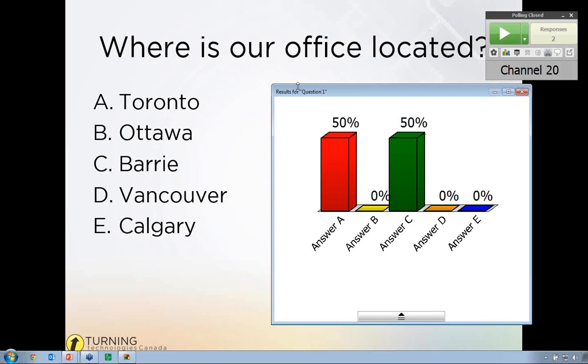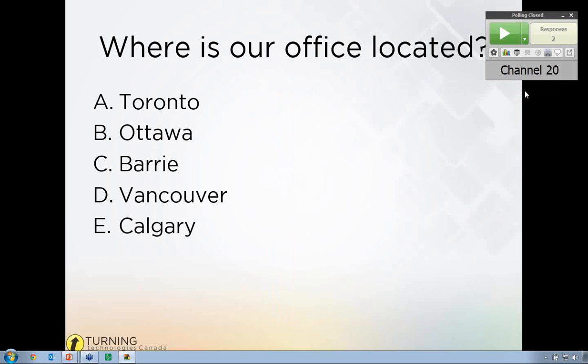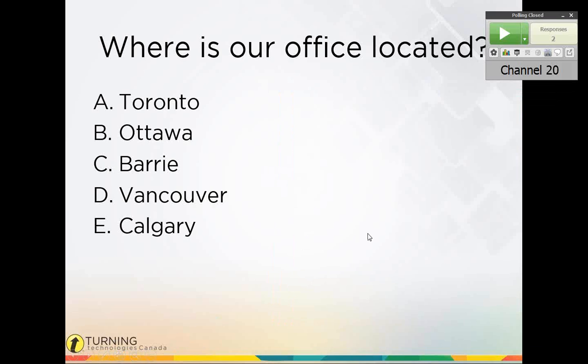So what I generally recommend doing is if you're going to be using Anywhere Polling, set up your question area similar to what I've done here with your question, your answer choices, then leave a spot that you can have the chart float so that it doesn't cover up content and it's very easy to see everything that was happening on the screen all at once. Once you're done looking at the results, you simply close your chart window and you can advance through your presentation and carry on just as you were.